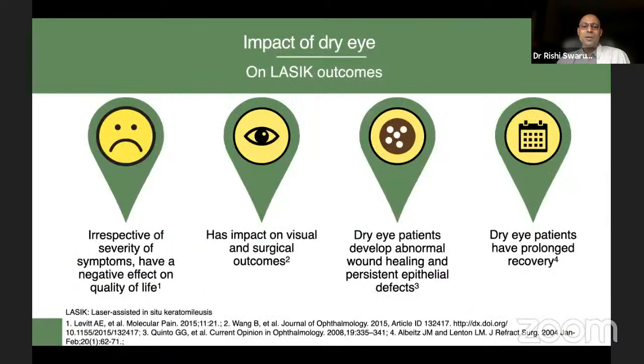So the impact of dry eye, yes, dryness is there, but if it's not causing an impact, it's perfectly fine. But I'm sure all of us have seen these patients who are absolutely doing beautiful after surgery. The vision is 6/6, whether you've done a cataract or a LASIK. Even the cornea appears to be glistening, but chub raha hai. They're telling you that they're uncomfortable, they're complaining of watering, and they have a foreign body sensation.